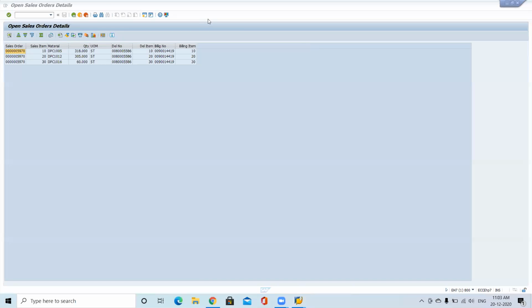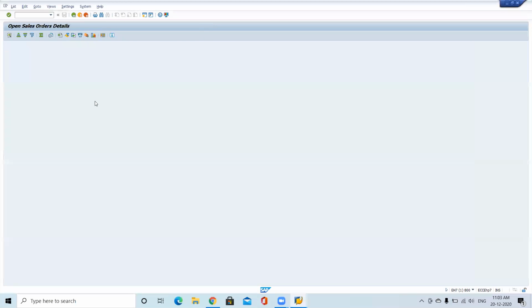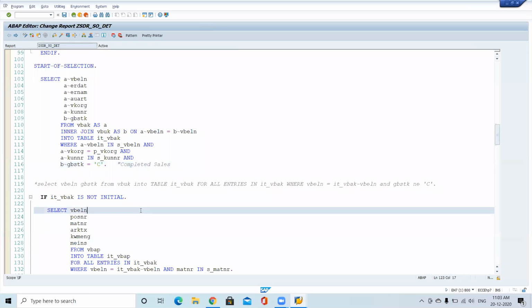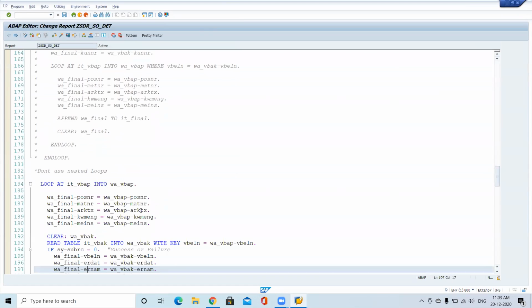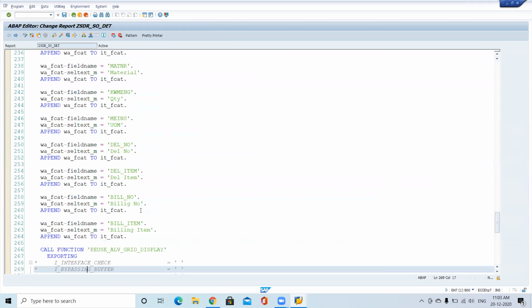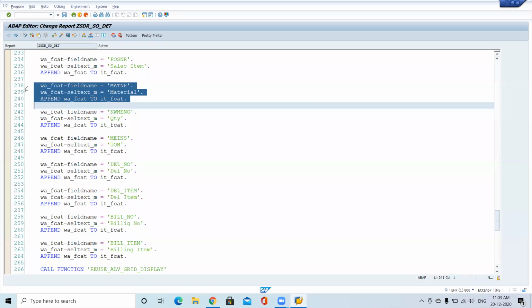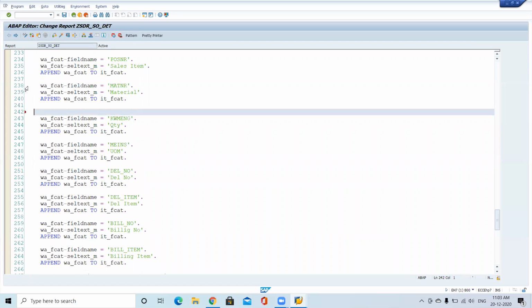So we'll just validate our information. In this case, for the sales order number, if we don't want leading zeros, last time we tried no zero equal text like that. So likewise, we can try to display all the fields, as I have not included the remaining fields. In the field catalog, you have to add remaining fields like sales order number, material. After the material we need the description also, so then add description,